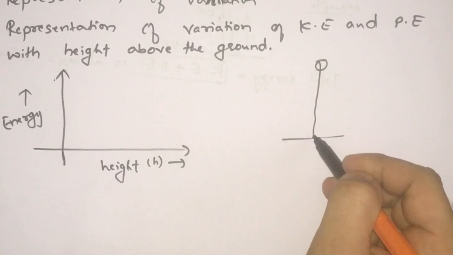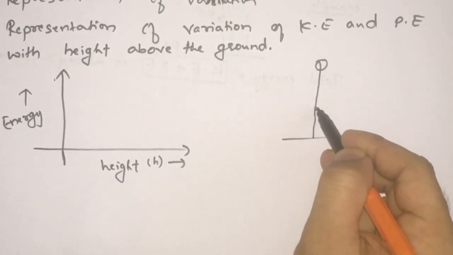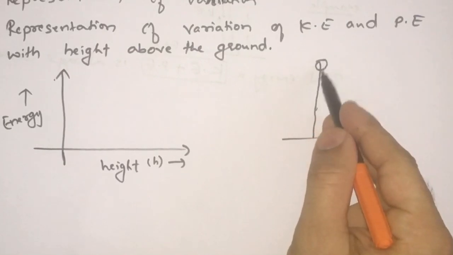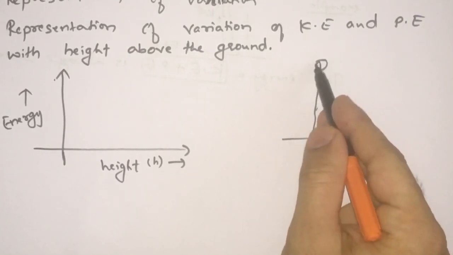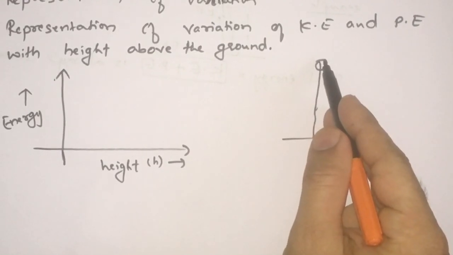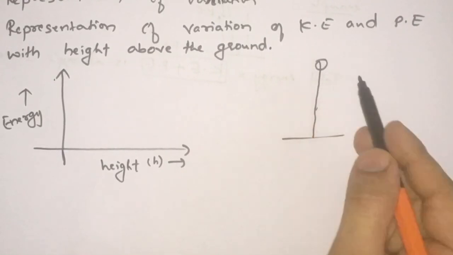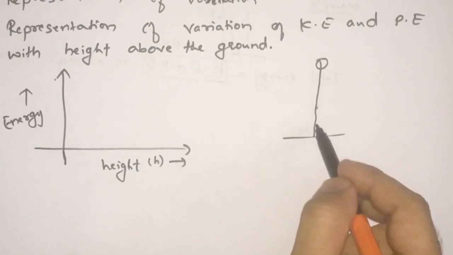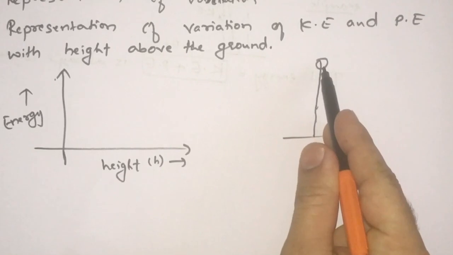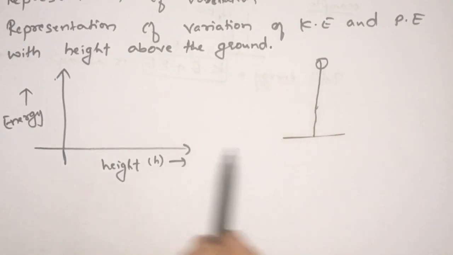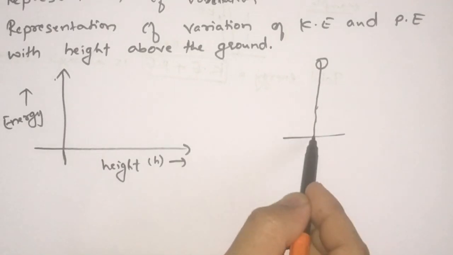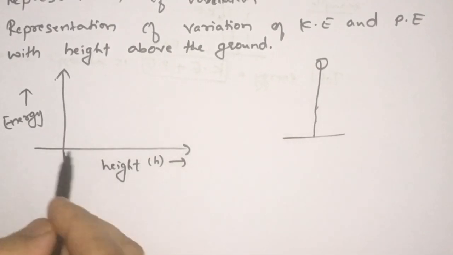So kinetic energy will be maximum here when we will be throwing it. So it will be maximum here. Correct here. And when it reaches the highest point, then kinetic energy becomes zero, but potential energy becomes maximum. Correct or no? So when you are throwing a ball, it moves with high speed here, but it reduces its speed as you go up. Correct or no? So what happens to the kinetic energy at the base? It is highest. So when the height is less, the kinetic energy is more.